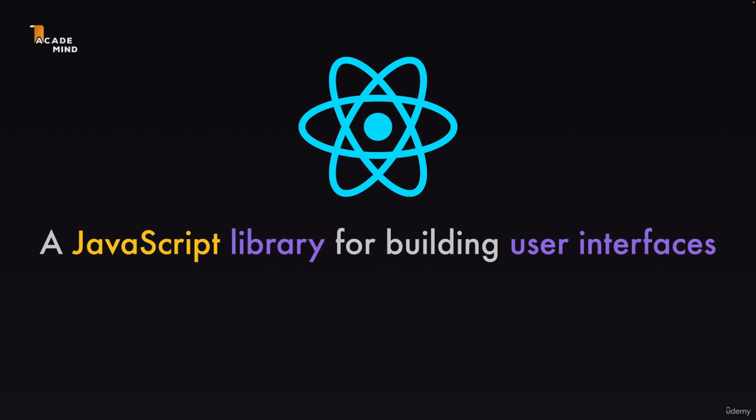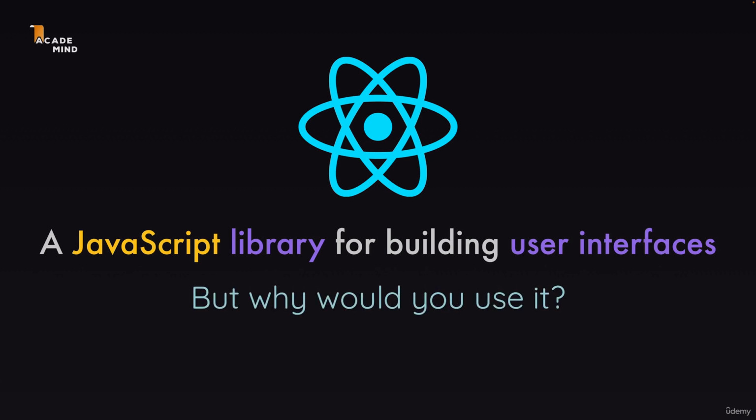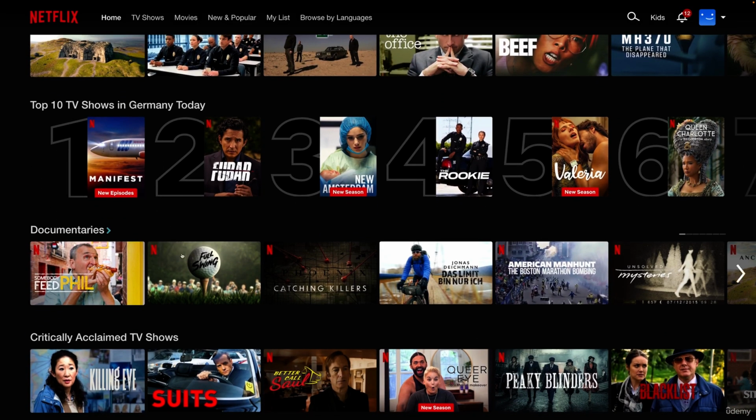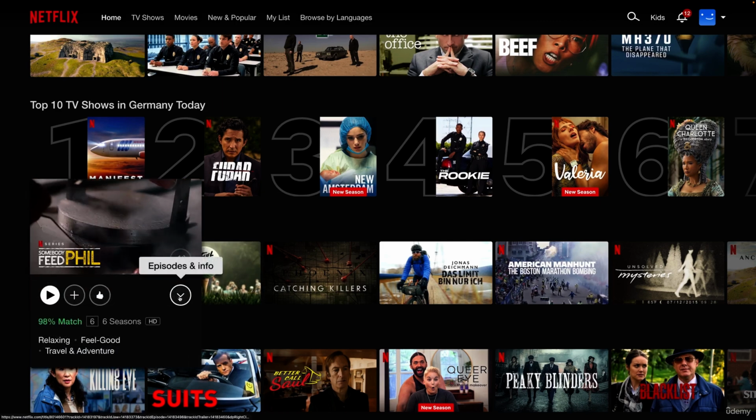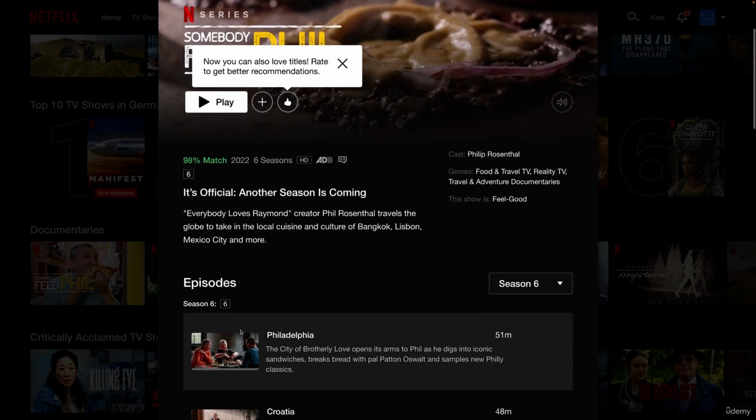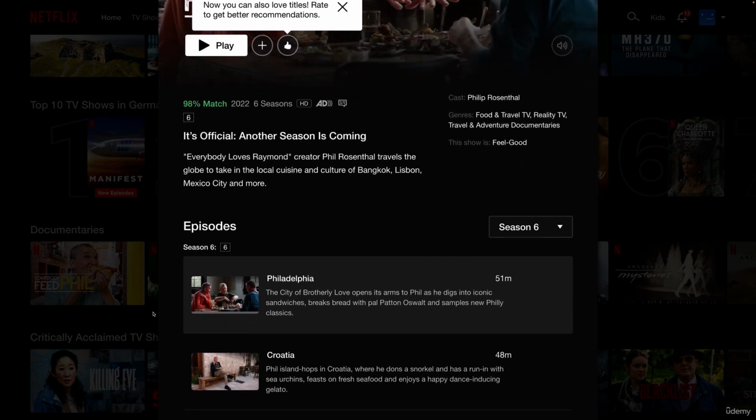But that, of course, still doesn't answer the other question. Why would you use it? And the answer can be found if you visit a webpage that uses React, like for example Netflix. As you navigate around on such a website, you'll see that all these transitions are super smooth, pretty much instant,